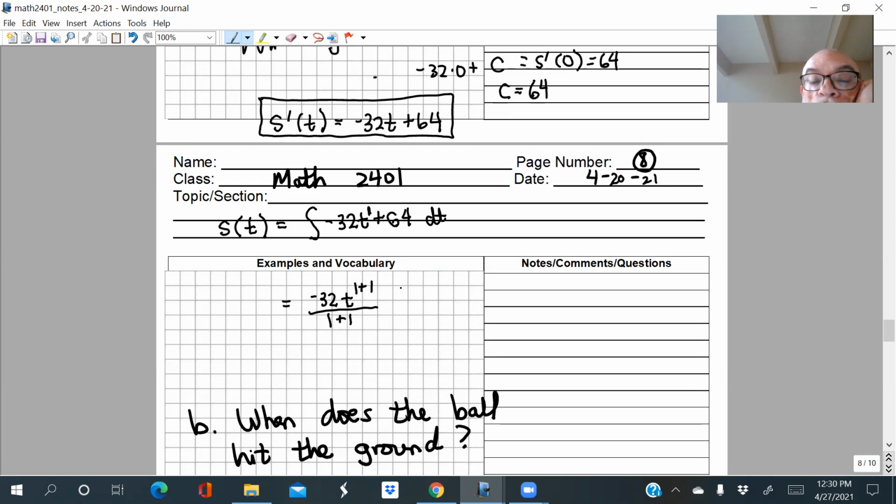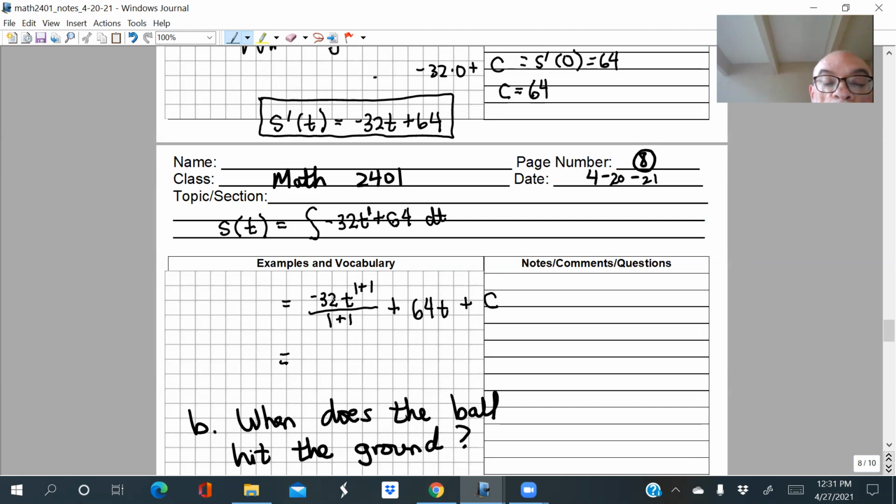Now, go to the second term. What's the antiderivative of 64? That is a constant. We did that just a moment ago, when we were finding the antiderivative of the minus 32, remember? We just added the t onto that. Well, that's the same thing with the 64. The antiderivative of a constant is just going to be the constant times the variable. So the antiderivative of 64 is 64t. And then don't forget the c that you have to put in.